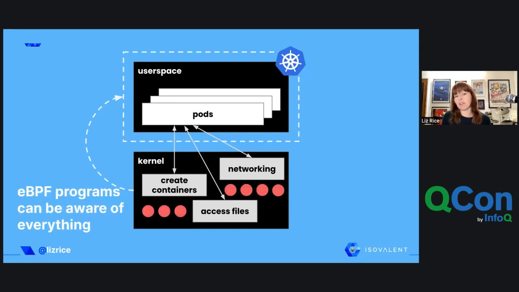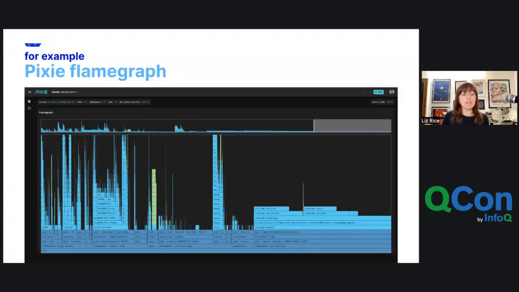And that means if we use eBPF programs to instrument the kernel, we can be aware of everything happening on that whole host. And because we can instrument pretty much anything that's happening in the kernel, we can use it for a wide variety of different metrics and observability tools, different kinds of tracing that can all be built using eBPF. As an example, this is a tool called Pixie, which is a CNCF sandbox project, and it's giving us